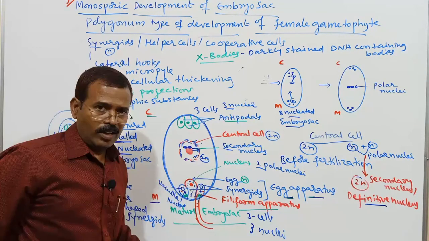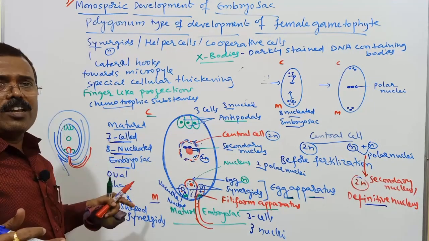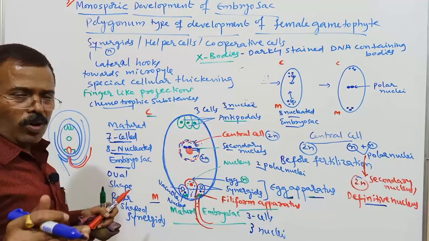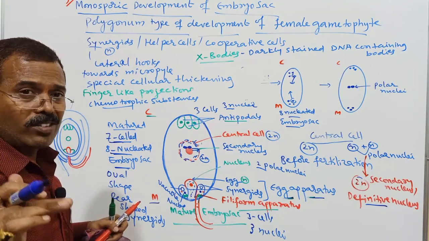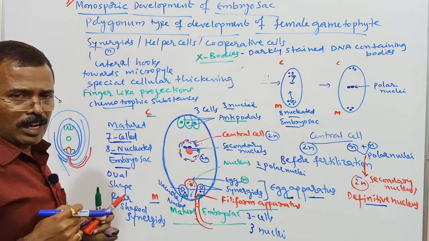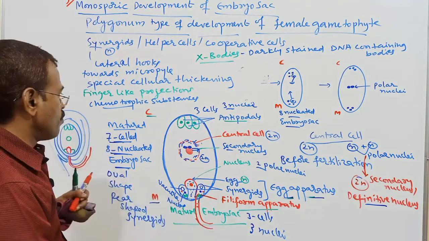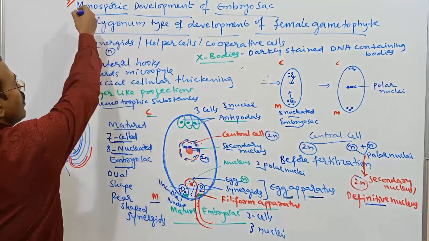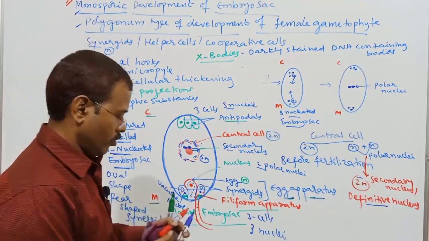So, an important question, both in theory, a 5-mark question: Explain the process of development of the female gametophyte in Polygonum, by Strasburger. So it is the Polygonum type of embryo sac development or development of female gametophyte. Or the question: explain the process of development of the 7-celled 8-nucleated embryo sac. So this is how in 3 different forms the question can be asked in theory, 5 marks, very very important. Remember this.